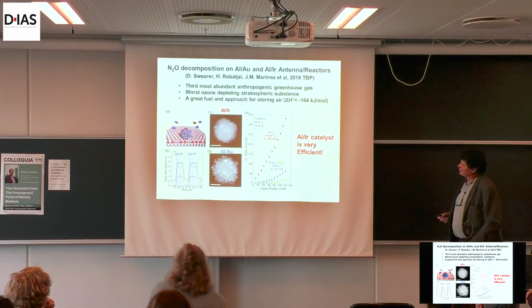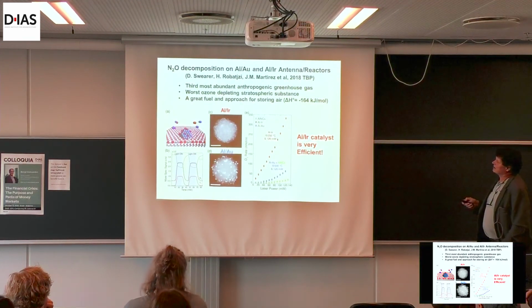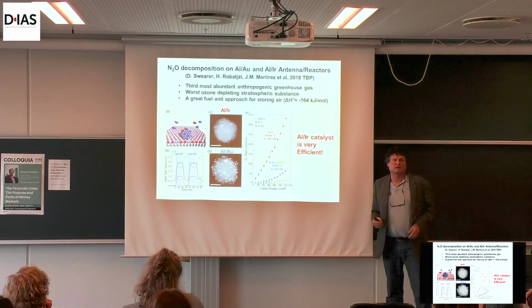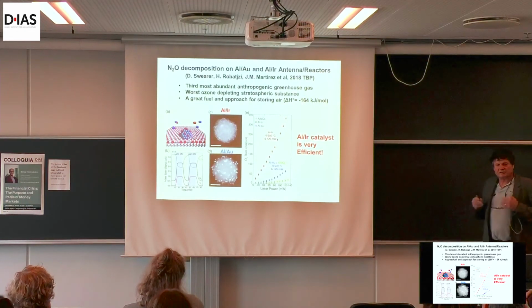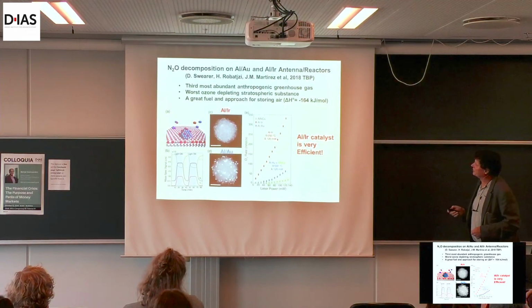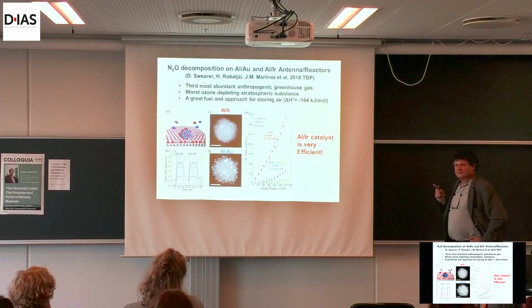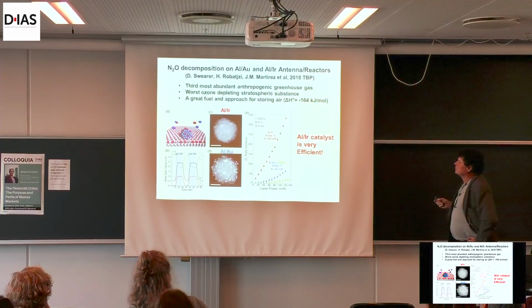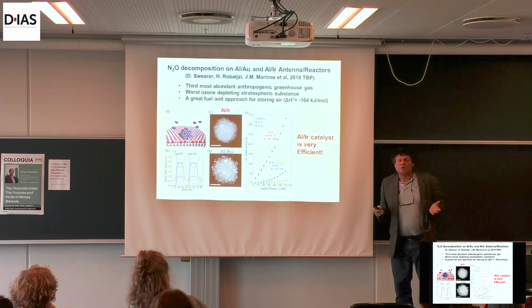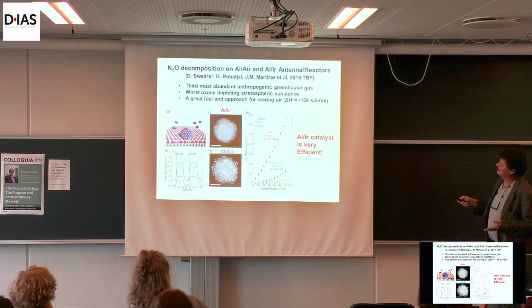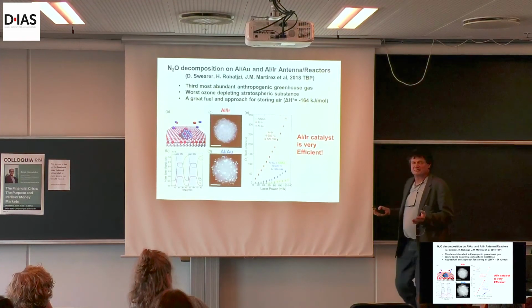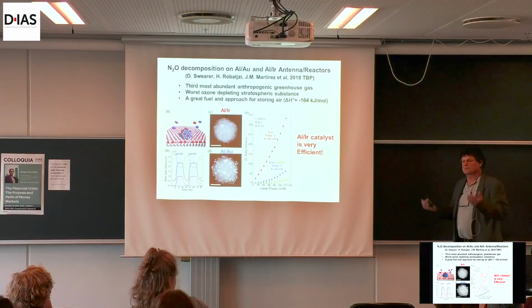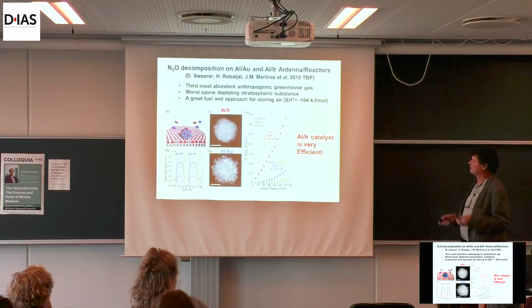Last example here is another very important reaction, and this is nitrous oxide. We don't hear much about it because it's more up in the high atmosphere, the stratosphere, but it's a very bad agent for ozone depletion. So it's a very bad greenhouse gas, not down here, but up there. But it's also a great fuel and a great way of storing air. If you can decompose N2O, you essentially get air. Well, you get a little more oxygen. So people are thinking about it for when they go to Mars, perhaps to bring it. It's a great way of storing it, and it's a great fuel.